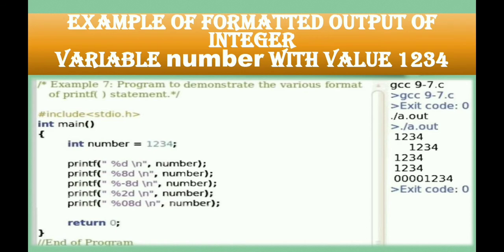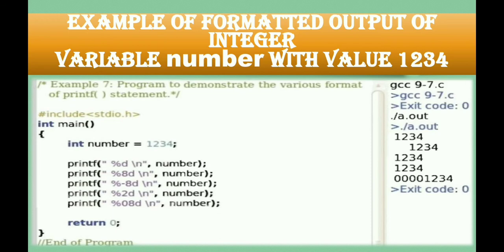So if you want to display the characters with left side alignment only, along with providing the length of that variable, then you have to use the minus sign after the %. So if after % you are using the minus sign, then the same value will be printed with left side justification, along with the field width that we have provided as 8 only.